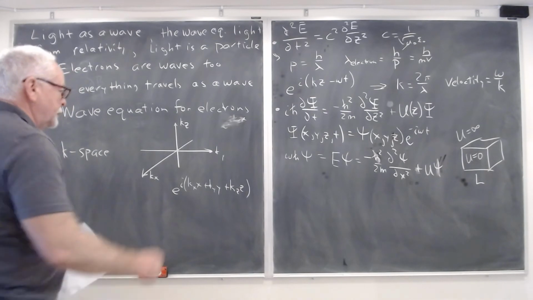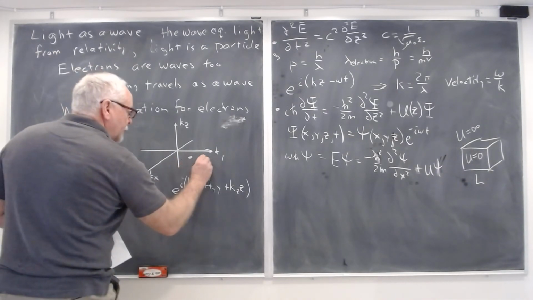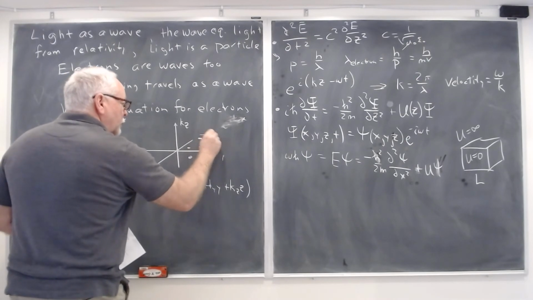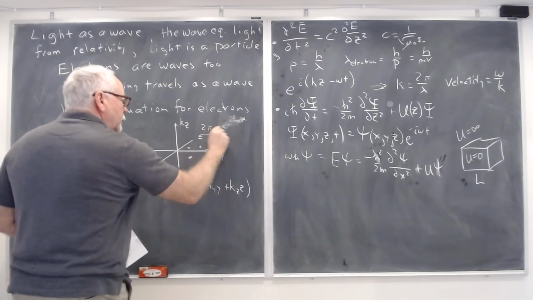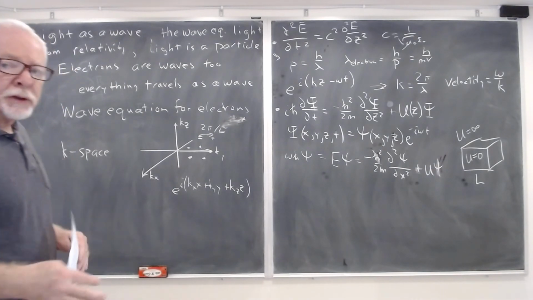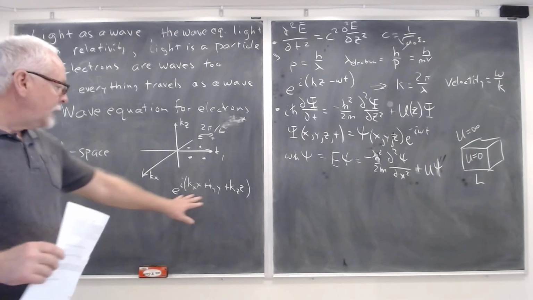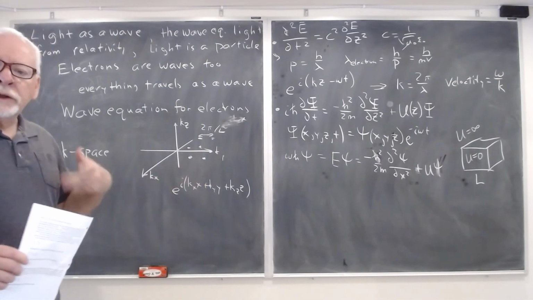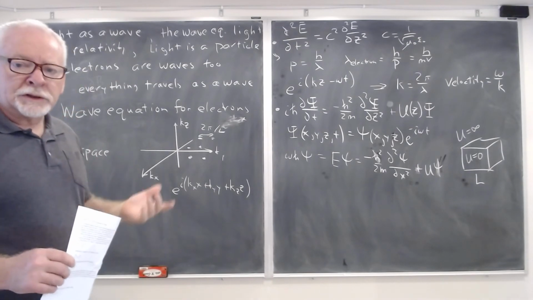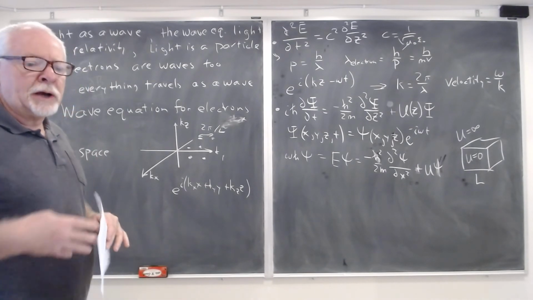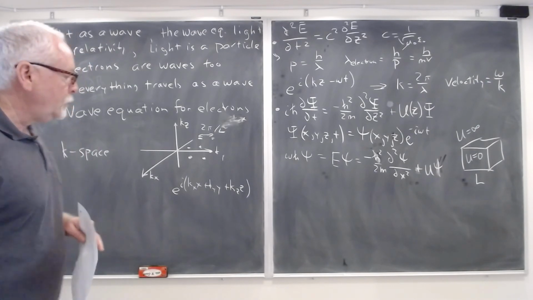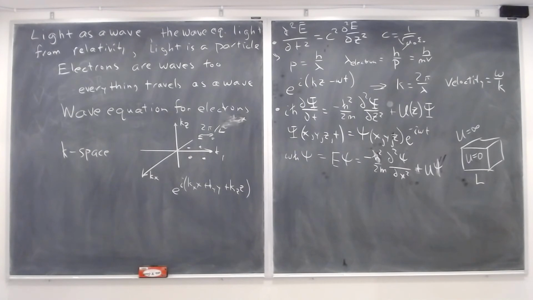it leads to solutions which are spaced by 2 pi over L. And there's the fact that they are spaced evenly in K space that leads to what we're going to discuss today in new lecture material, which describes how you figure out how many electrons or holes are in a solid. So we'll get back to that in a moment.